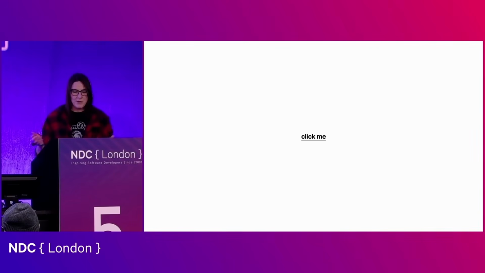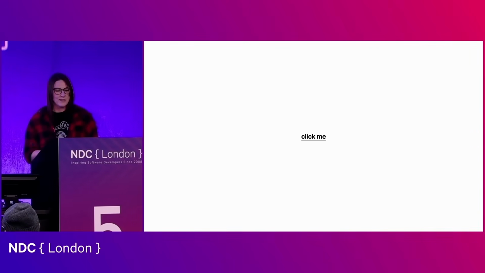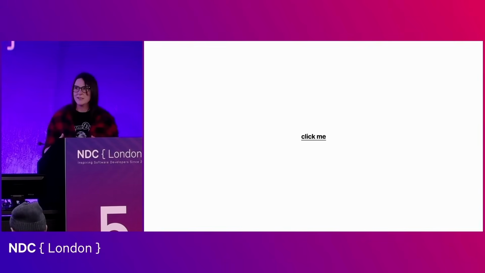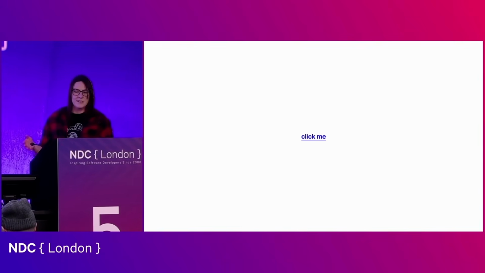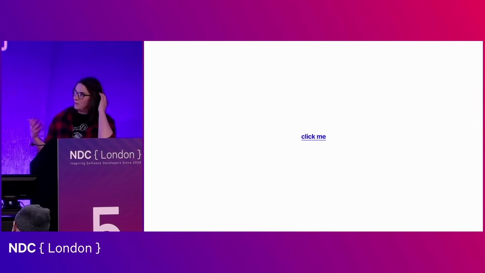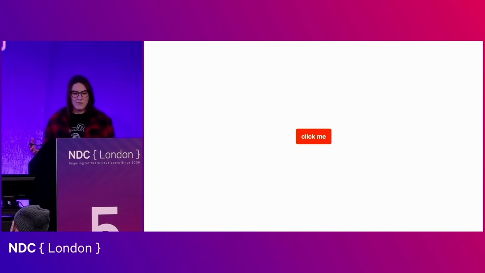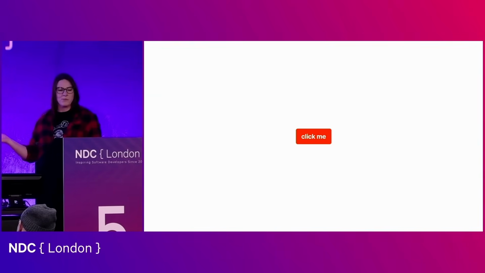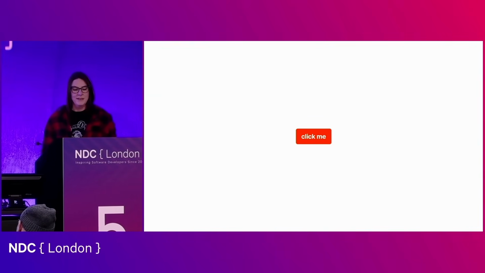So maybe we give it an underline. Cool, that's helpful. This is a common pattern for links, and we're starting to see some more consideration of the experience here. Maybe we give it a different color. Fantastic. That can help make it stand out against non-links and gives us helpful indication. But if we really need this to stand out amongst other content, maybe we can go a bit further. Maybe a button's a more appropriate way of capturing the attention and making that link more discoverable.